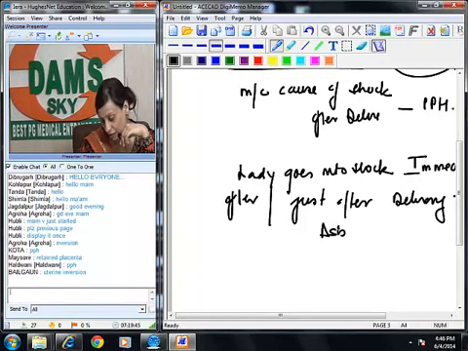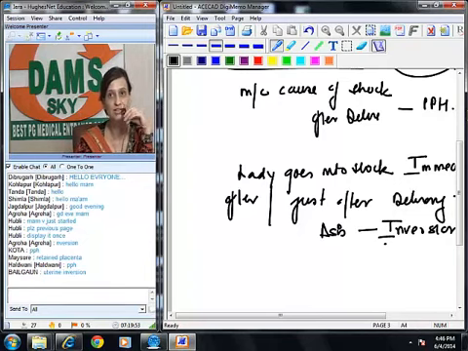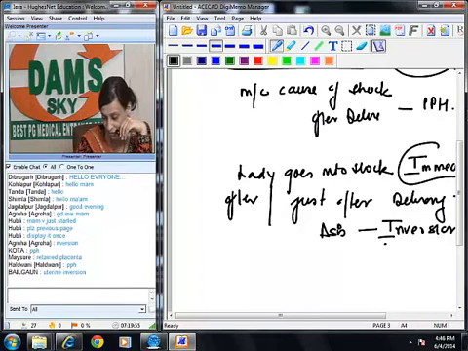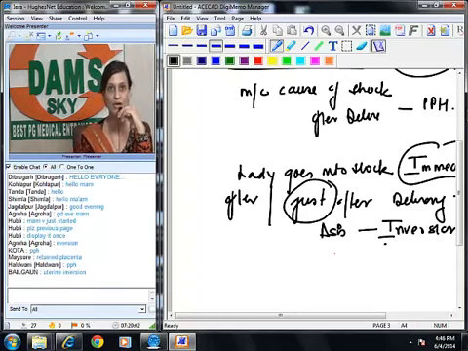Now, what is your diagnosis? Now, in this case, the answer changes to inversion. Please understand, we have just added two words in front of PPH. One is immediately, or the other word that can be used is just. Now, why do we change the answer? Because